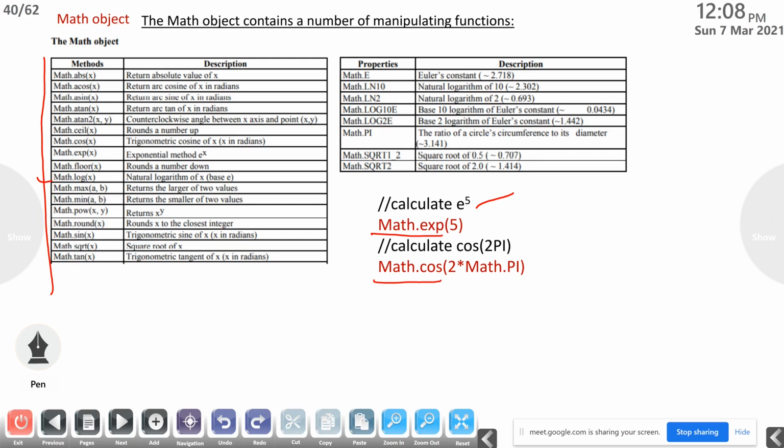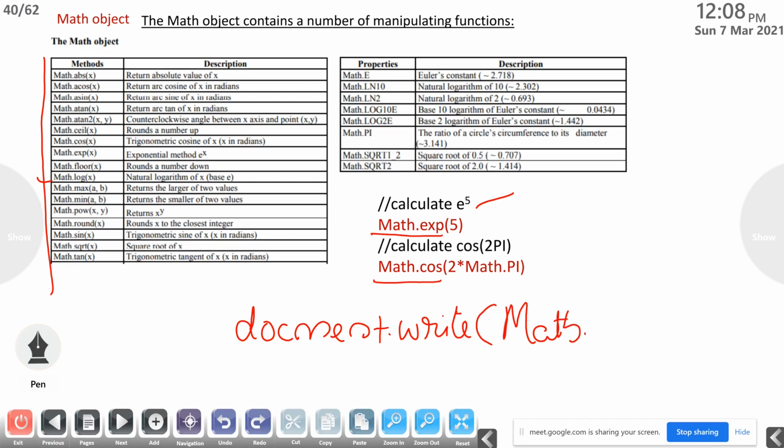So if you want to print something, this is the way you can print. For example, document.write. M should be in capital letter, Math dot. We can use this min function, Math.min of 5,6.